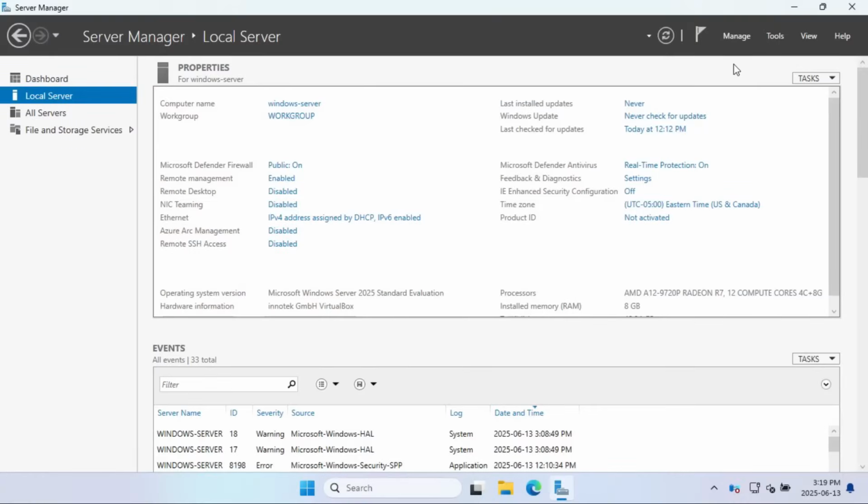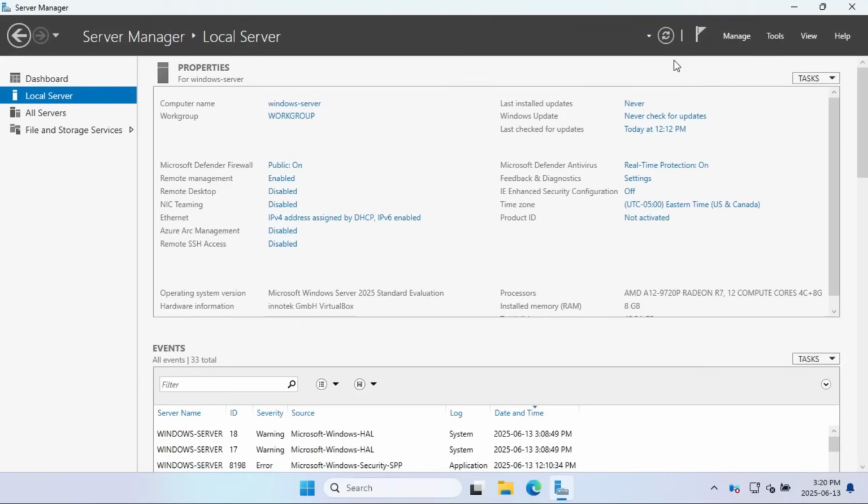Alright, so here I have a fresh installation of Windows Server 2025, and I've done nothing with it yet other than installing guest editions so you could see what's going on in full screen, and disabling Windows Update so that it doesn't prompt me, we have updates to install in the middle of this video. And I've also changed the name of the server, which is a good practice anytime you do a fresh install of Windows Server,